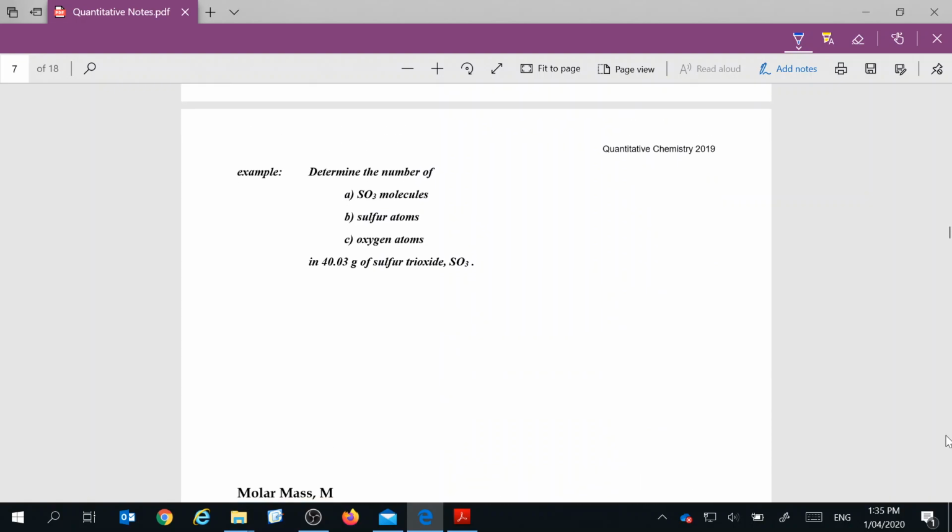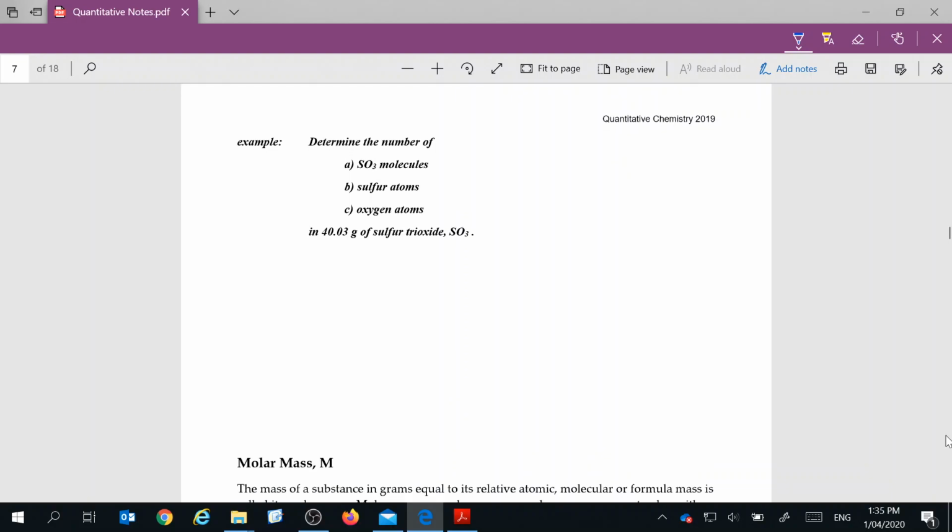Okay, let's do this example. Again, please pause, try the example yourself, and then resume to check your answer. Okay, the number of SO3 molecules in,